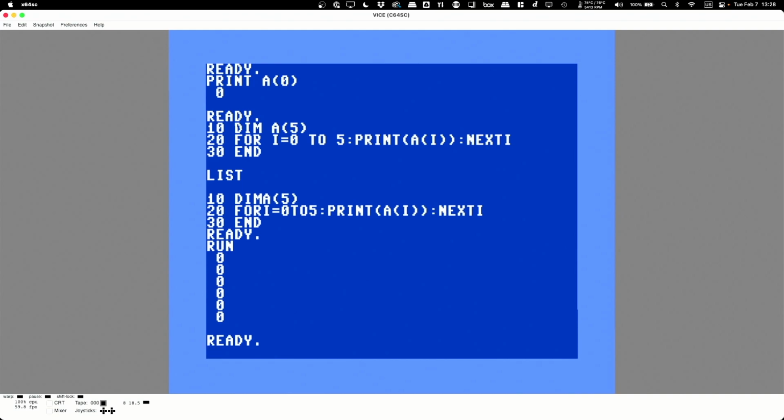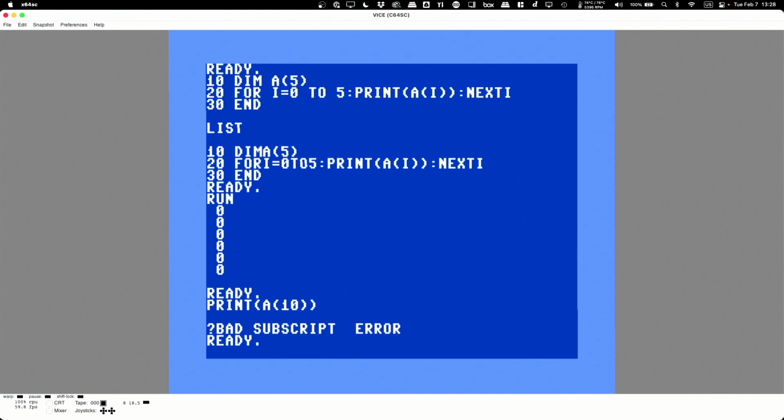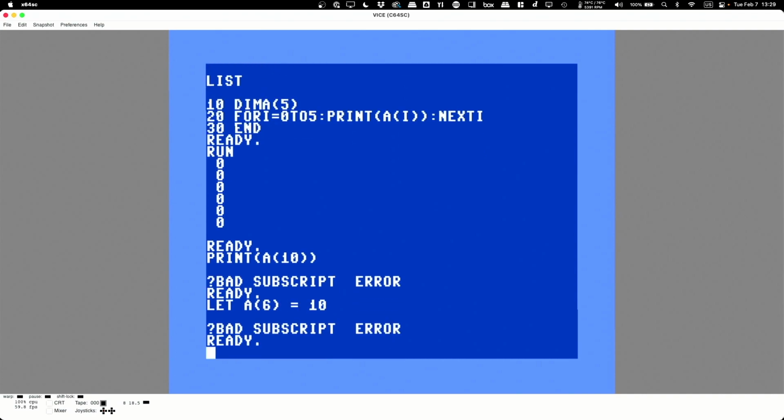So when you define an array, just think. If I try, for example, to print A of 10, what should happen here? We should get an error because we haven't allocated that in our array. You should always allocate the array before you do anything with it. I could, for example, do something like let A of 6 equal 10. That's not going to work, right? Because I haven't allocated that thing. Whereas if I let A of 5